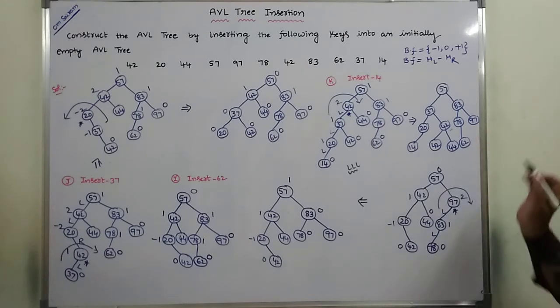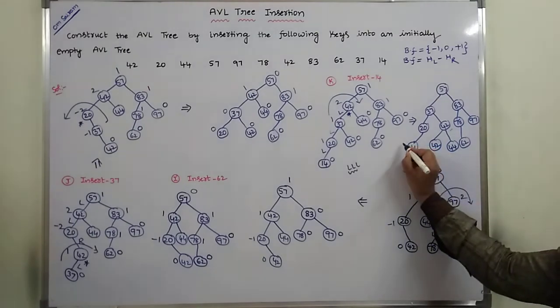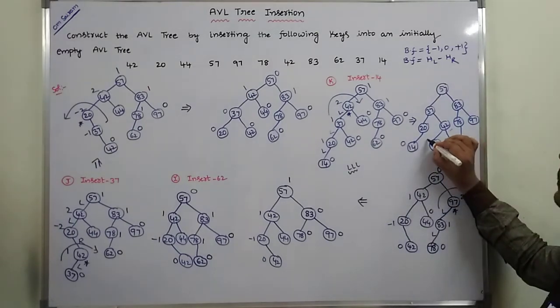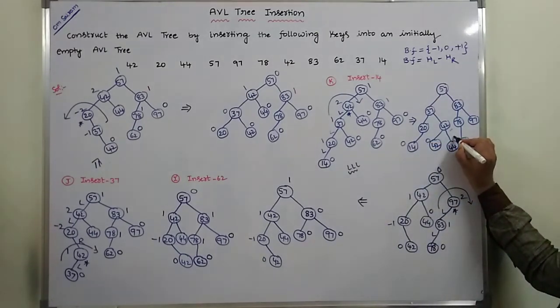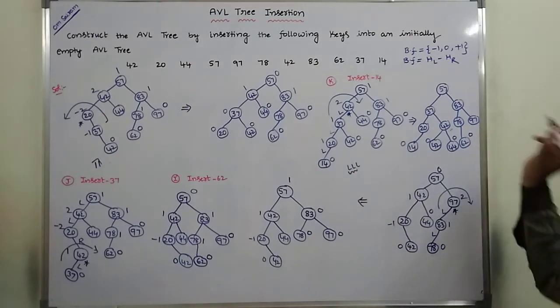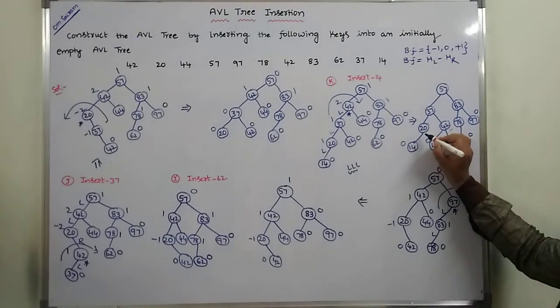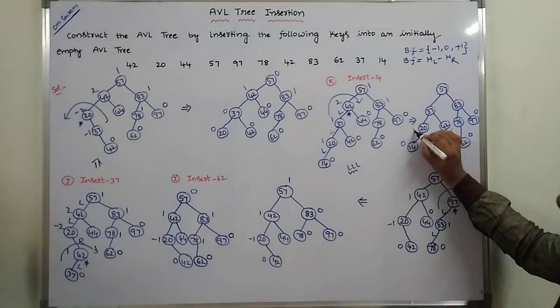Okay, now observing whether this is an AVL tree or not. Okay, balance factor calculated. This leaf node balance factor 0. Here leaf node balance factor 0. Here leaf node balance factor 0. This is the leaf node balance factor 0. This is the leaf node balance factor 0. Next, for this node, height of left subtree is 1, right subtree height is 0, 1 minus 0, that is 1.